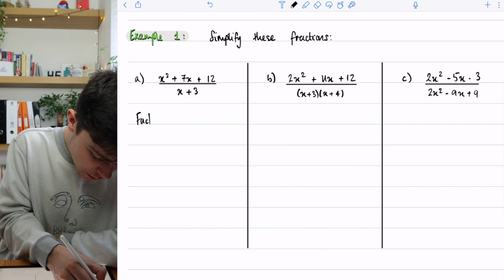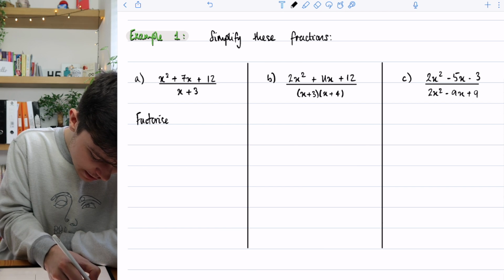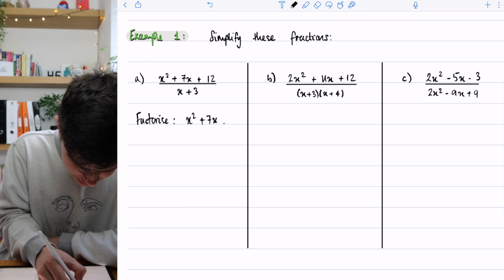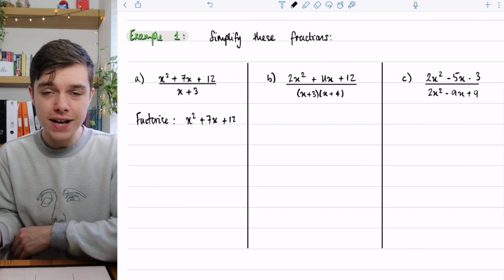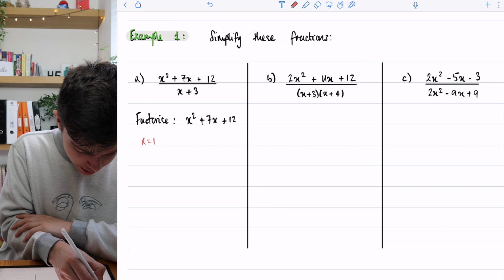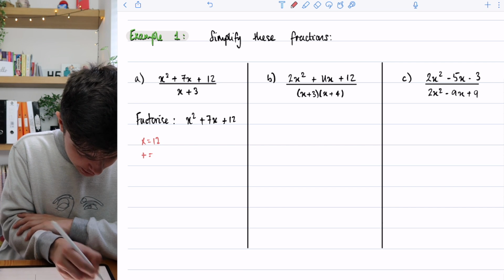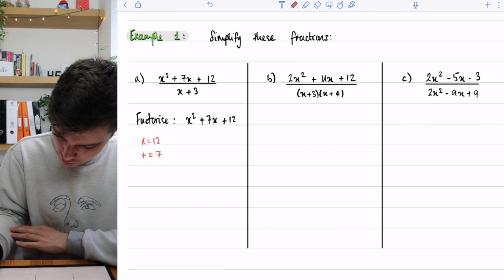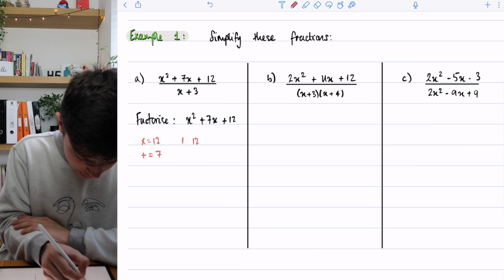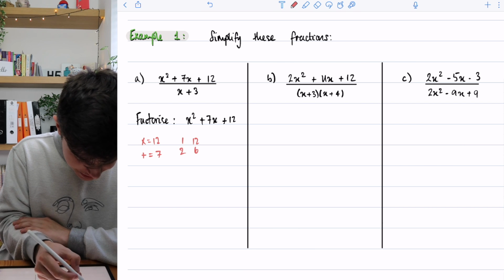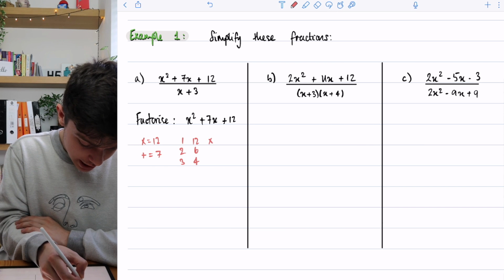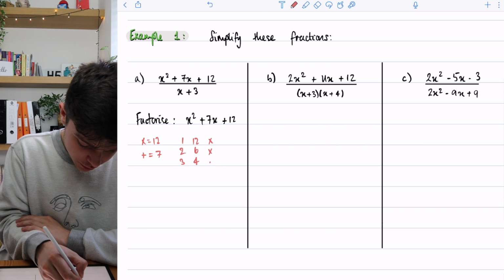Let's factorise what's on the numerator. The numerator is the top of the fraction. So x squared plus 7x plus 12. Okay, and that's quite easy to do. 2 numbers, I'll write it in red, that times to give me 12 and add to give me 7. That is, we'll carry on in red, 1 and 12, 2 and 6, 3 and 4. 1 and 12 does not add to 7, 2 and 6 does not add to 7, but 3 and 4